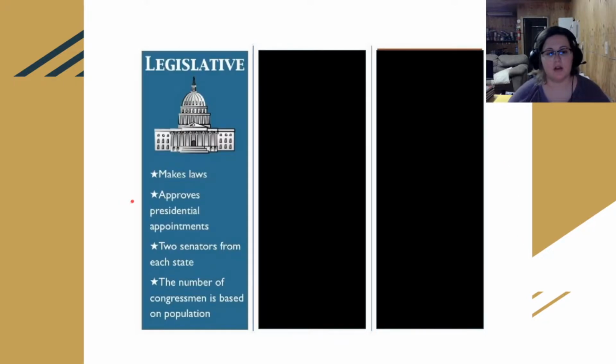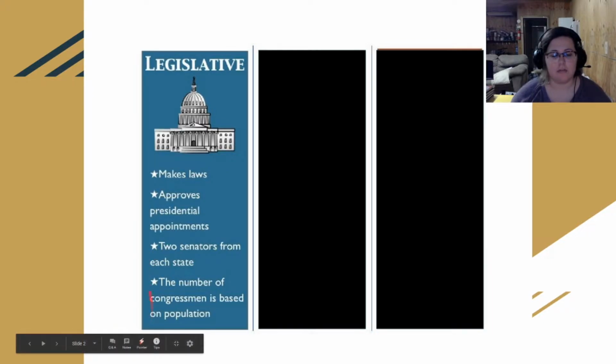So the first thing up in this review that I want us to talk about, we have a picture here that summarizes what each of the 3 branches of government does. And I have that all blacked out because I want us to go through it one by one, okay? So we first talked about the legislative branch and what that does. The legislative branch makes laws, it approves presidential appointments. There are 2 senators from each state in the legislative branch, and then the number of congressmen is based on